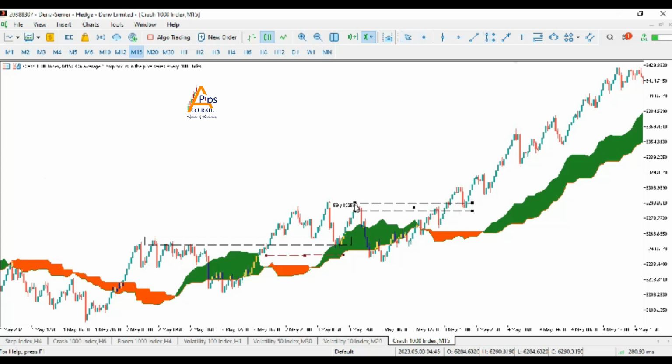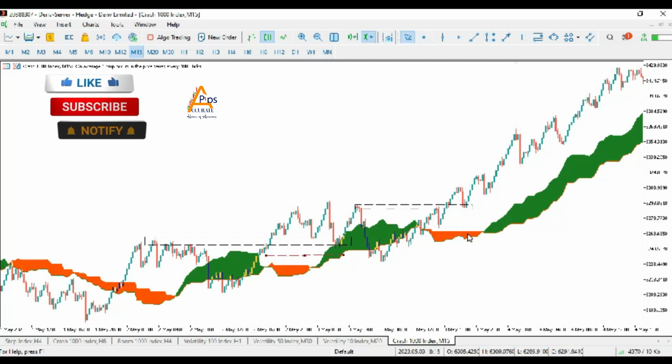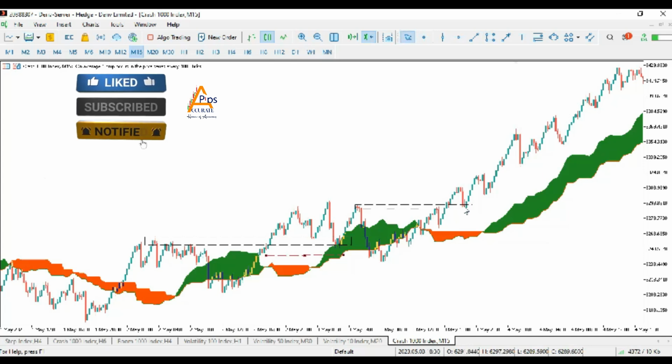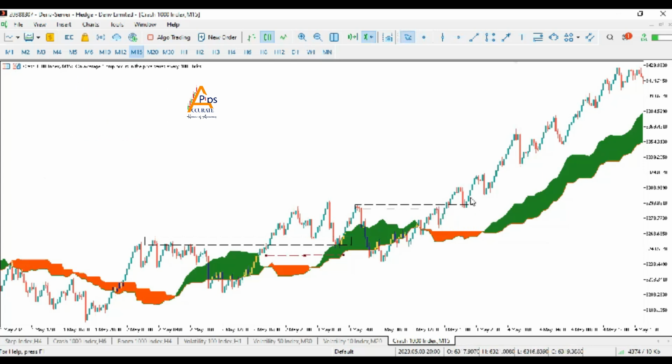Remember, we are in an uptrend, so we are only looking to buy the breakout, and then we buy on the retest. Here you can see price came down, then back into this, until it broke this, and retested it. Once it retests here, we take our buy and put our SL